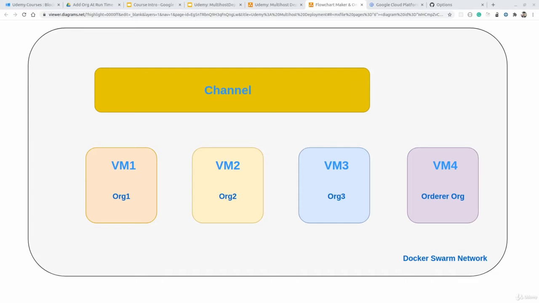We are going to create a Hyperledger Fabric network with 3 organizations and 1 orderer organization. So in total we will have 4 organizations, and each organization will be hosted on a separate virtual machine. You can see on the screen we have these 4 virtual machines: organization 1 is hosted on virtual machine 1, organization 2 on virtual machine 2, organization 3 on VM 3, and finally all the orderer services will be running on virtual machine 4. These are the 4 machines we are going to create on the GCP cloud, and we will host all these services on those virtual machines.